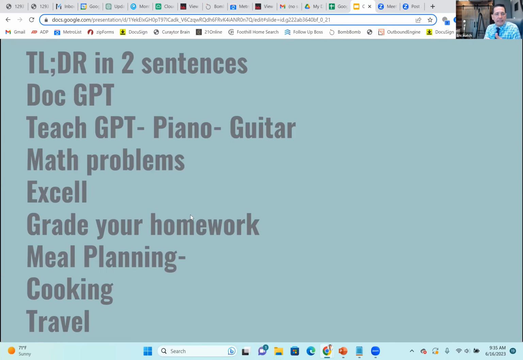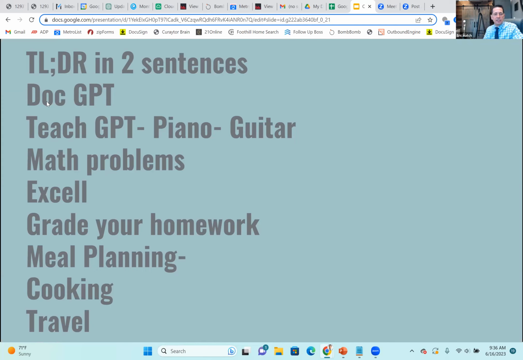All right, this is a code word here. If you have a super, super long book, you could say TL, which is basically too long to read in 2 sentences. You can actually put that in. I know this is a little bit crazy, because a lot of us have kids, but if you wonder, maybe you just diagnose and say, my kid's got this weird thing and this eye drooping and pus coming out of here. You can literally just go to Doc GPT and say, my symptoms of my 13-year-old kid are these, and it will give you the 5 or 6 things that she or he might have. And so it's crazy.